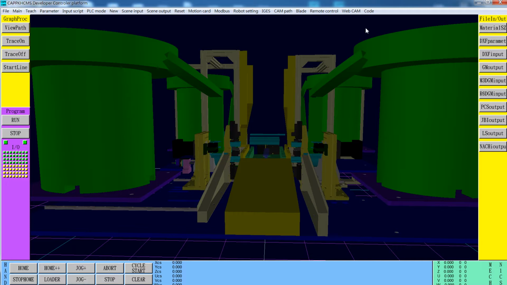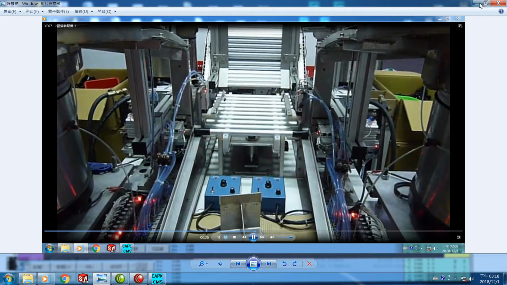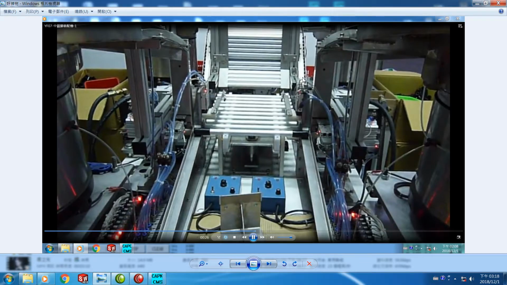Pure PLC automatic machine controlled by CMSCAPP. On the screen is a 3D model of an automatic machine. Let's see the machine. This is a bar of a mold. The aluminum rod